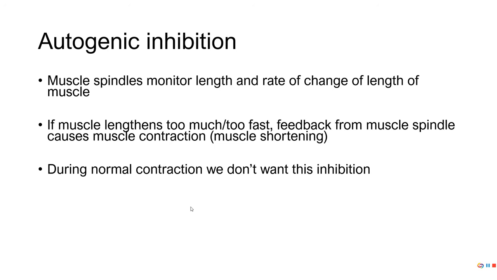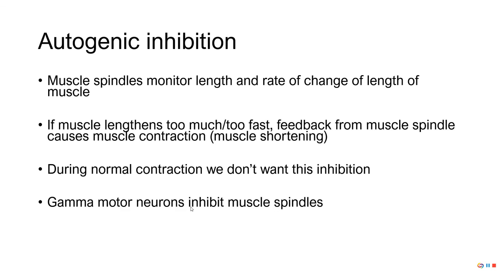You're going to be lengthening muscles as you walk. When you have knee extension, your quads are going to shorten, but your hamstrings are going to lengthen. And so we don't want the spindles to inhibit the lengthening of those hamstrings, otherwise you're not going to be able to do anything. And so we have those gamma motor neurons, and what they do is they basically inhibit the muscle spindles, or prevent the muscle spindles from causing muscle shortening, and as a result,